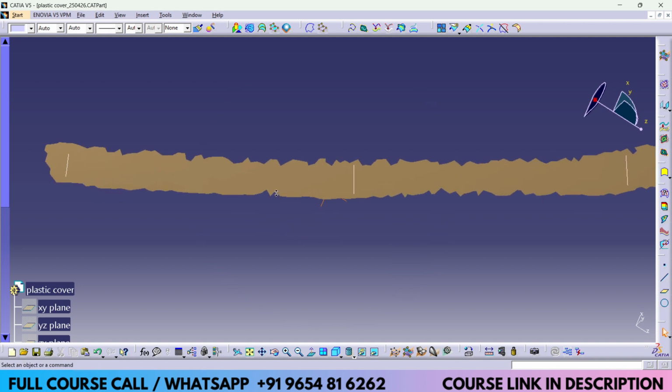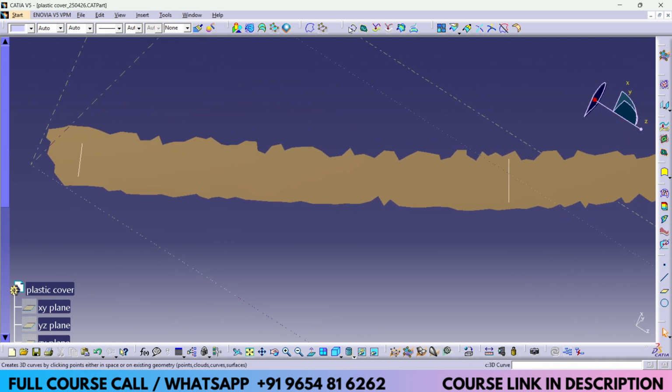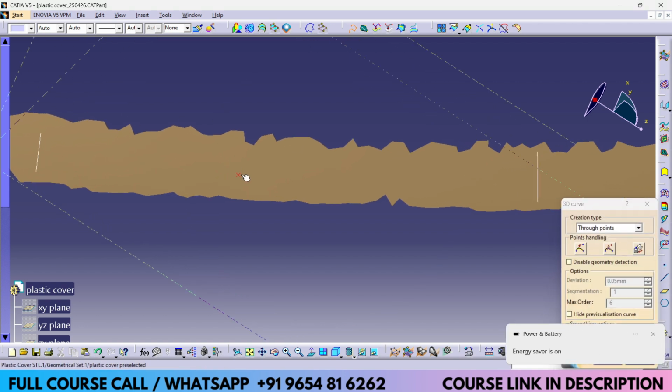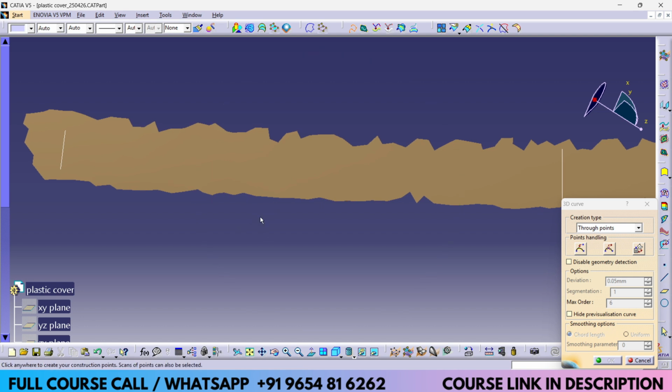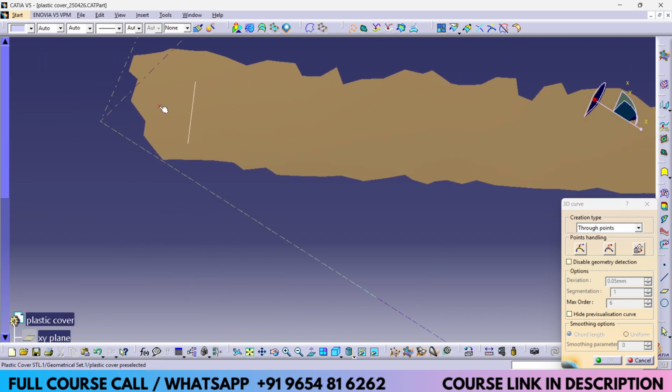Then I will create one guide curve. So for this guide curve, again select the point on the scan, and also you can select the point on the curve, 3D curve as well.